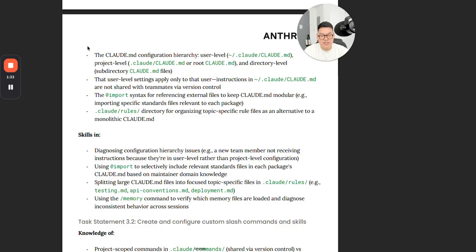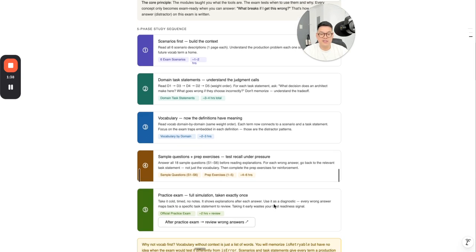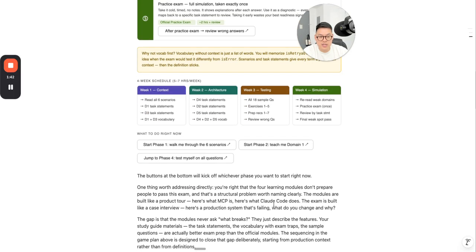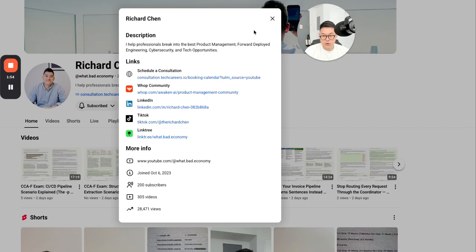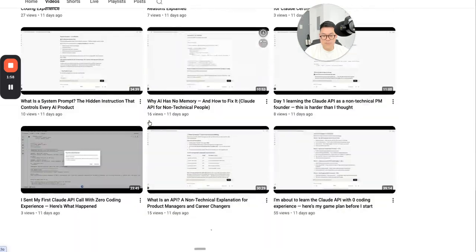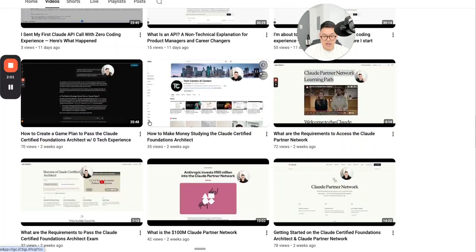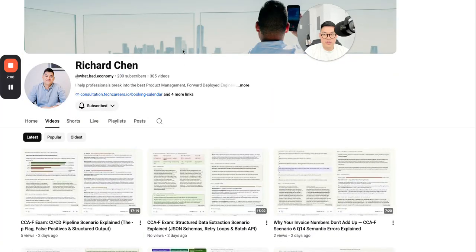It is not possible. But what we can do here is reorganize the information so that it works for you coming from a non-technical background, giving yourself about 4 weeks to pass. I think so. I give myself 4 weeks. Honestly, I'm about 2 weeks in. If you've been tracking my whole learning journey, which is also another reason why I decided to build in public, I've largely been at this for about 2 weeks right now,